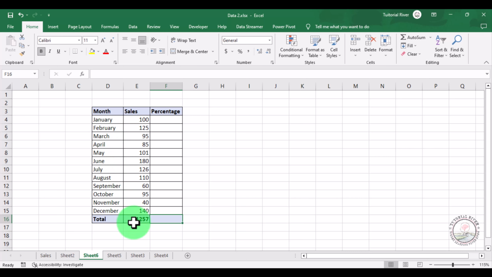Suppose we have a total sales number of 1257. We want to calculate how much we sold in January based on total sales, which is the percentage of January sales based on the total. Let's start. Here we are entering equals in the percentage sale cell, then the total sales of January divided by the total sales of the month,